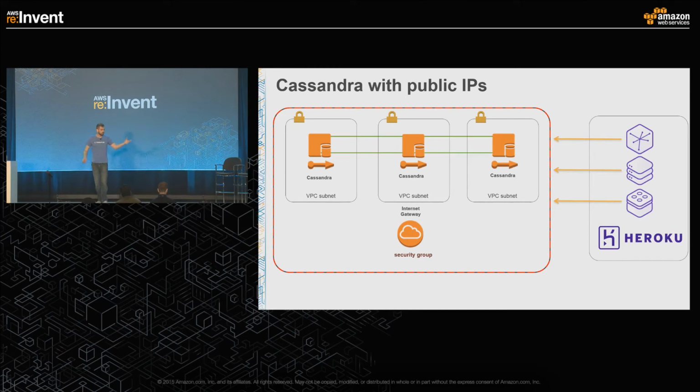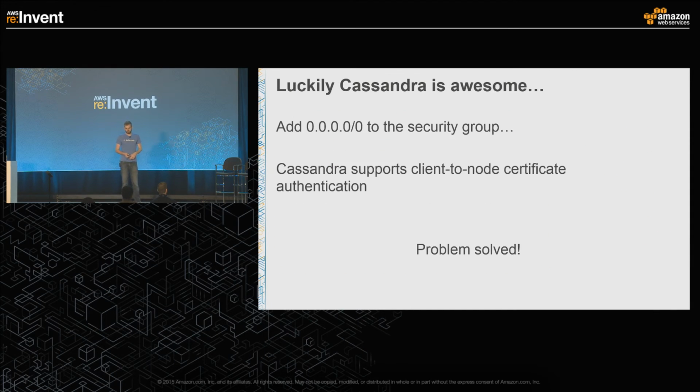This is an example of what it would look like if a Heroku customer was trying to connect. There are the various dynos running in Heroku. They can all connect at the moment. But then, of course, one of the dynos cycles, and you're out of luck. So what we did is we allowed people to tick the allow all box in the security group. This is just adding